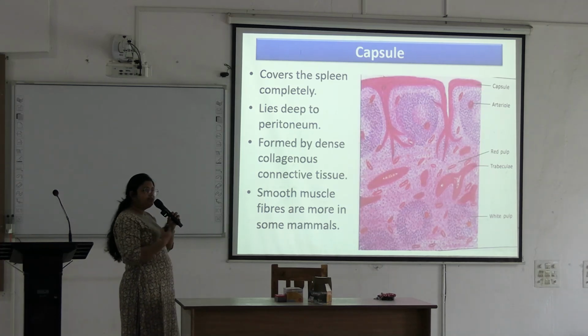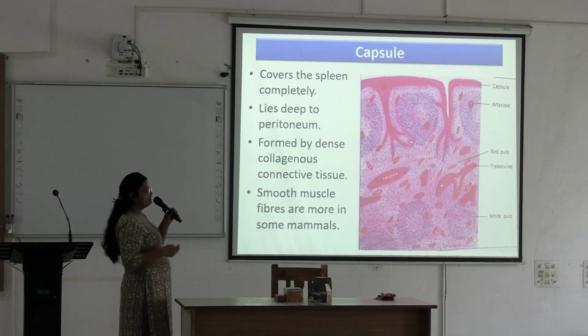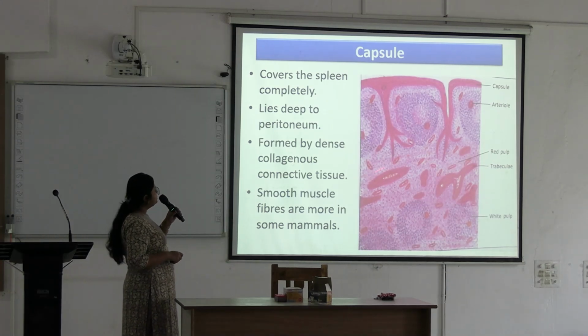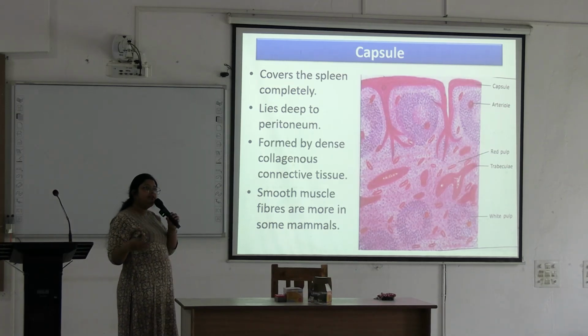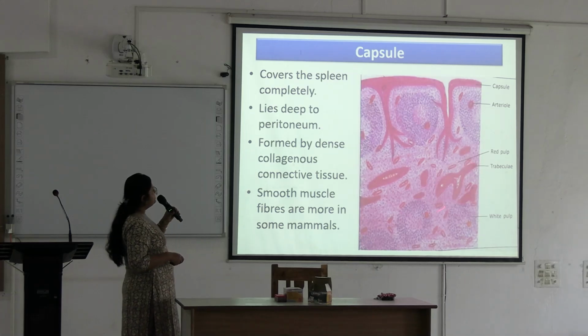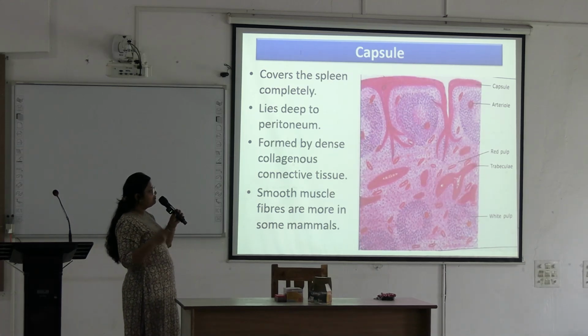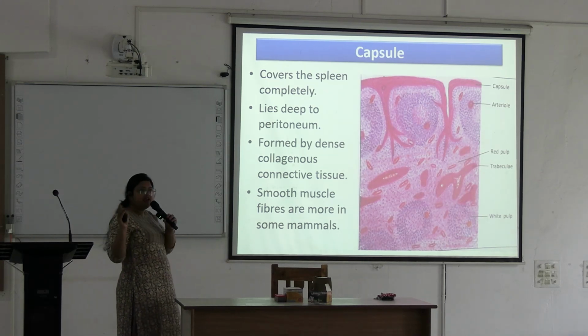The spleen is a lymphoid organ, so you will get the lymphatic follicles here. And these are sections of blood vessels. Some are sinusoids, some are tributaries of the splenic veins. And the rest of the area, these rounded structures, form the white pulp, and the rest of the area forms the red pulp.